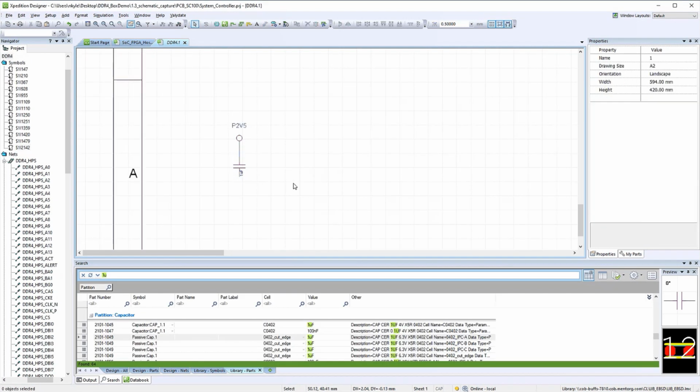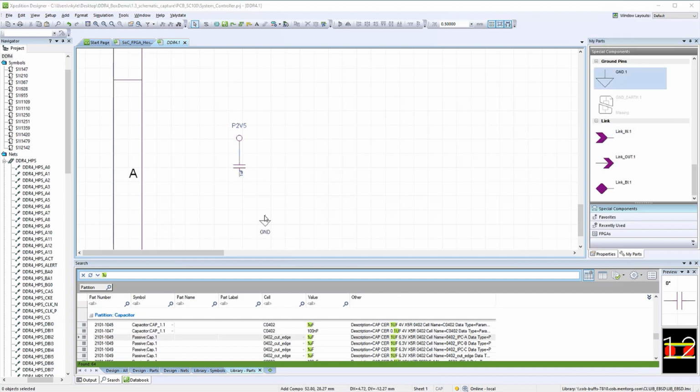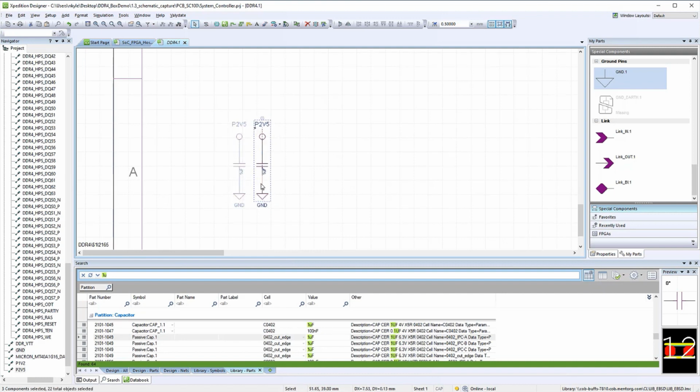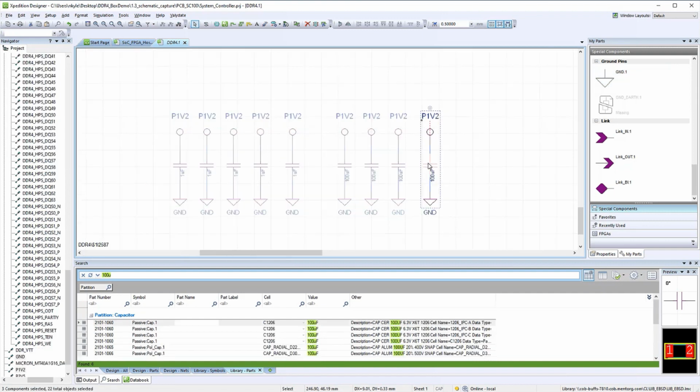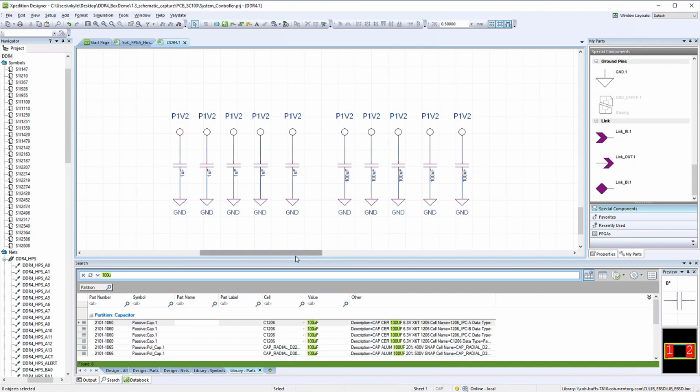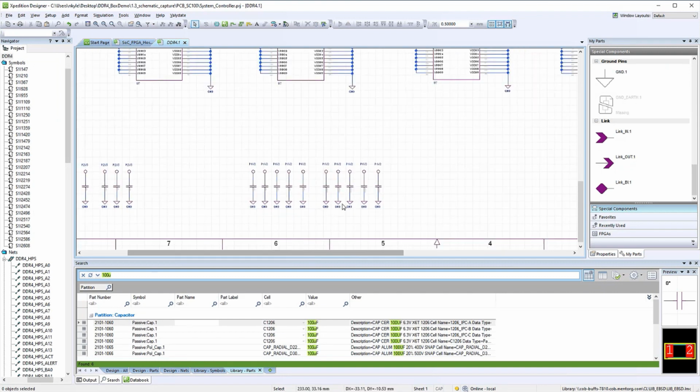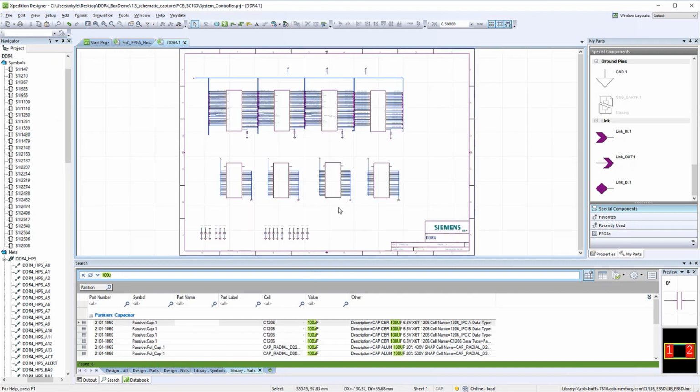I will also place some decoupling capacitors so that the SIPI engineer can analyze them and help advise us on the most effective decoupling strategy. Although we haven't completed the full schematic, we have enough to begin the early analysis. This will allow us to define the correct constraints which guide the rest of the project.